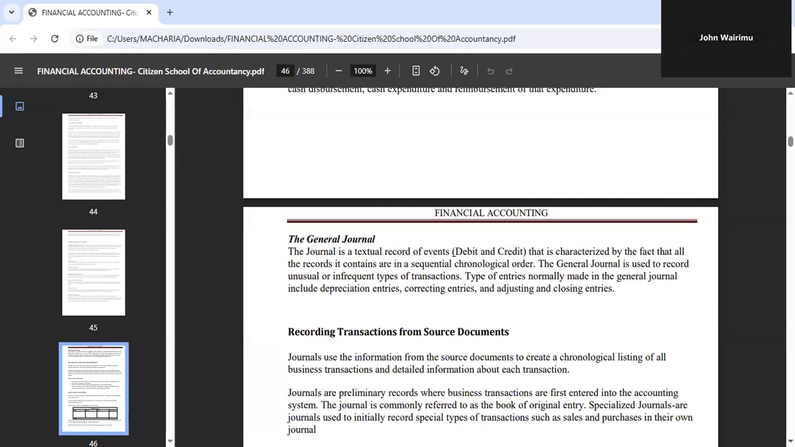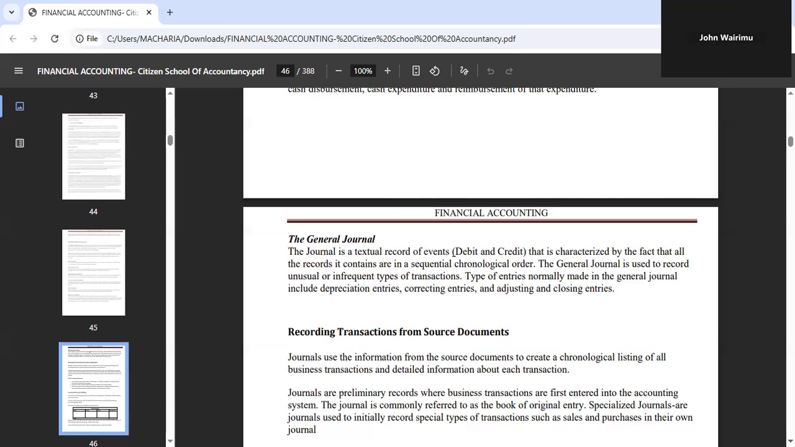Yeah, like you want to record depreciation entries. Yeah, you want to make adjustment. So you cannot have a depreciation journal. You'll record that transaction in a general journal. So basically, those are the